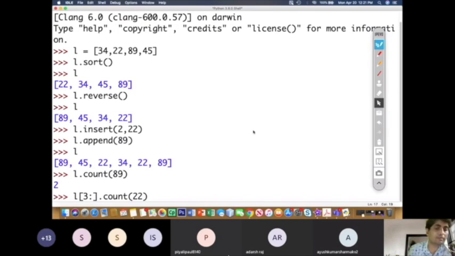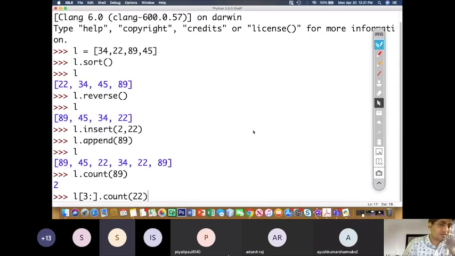Tell me what will be the output of this line. This way also you can write, right? Because to the left side of this dot there should be a list. So here to the left side of the dot we have a list, and then we are applying count over it. So what will be the value? Don't type and get the answer.